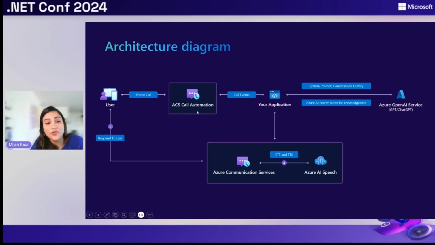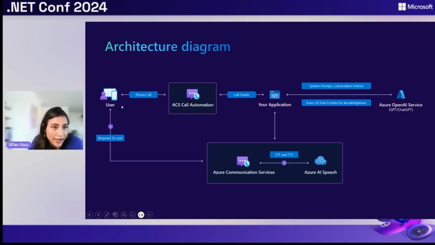ACS call automation receives that call and notifies your backend application that an incoming call is coming on the number that you configured. Then the backend application has the logic of what you do with that call. You accept the call, and in this case, I'm playing a pre-canned message which says, "Hello, welcome to Milan's Cake Shop." After that, again, when the user says something on the call, like when I said, I want to place